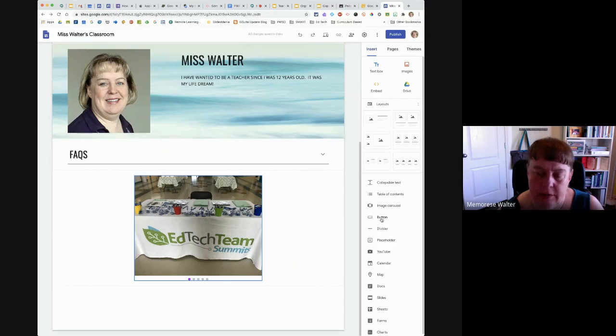Now, the next tool down is a button. Literally, it's a button. You drop it in, you put the words on it, and you tell it what page on your website to go to. Okay. A divider